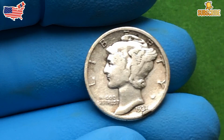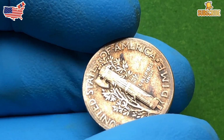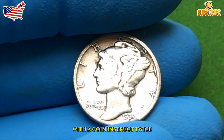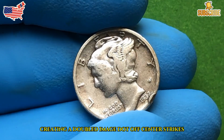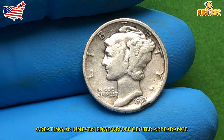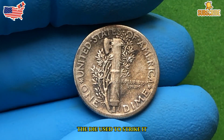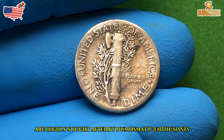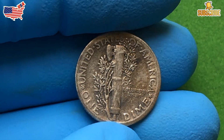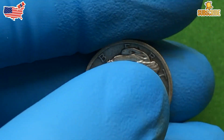Like many older coins, the 1937 Mercury dime could have minting errors that make it worth even more. Some common errors include double strikes, where the coin is struck twice, creating a doubled image. Off-center strikes, when the design is misaligned, creating an uneven edge or off-center appearance. Die cracks, small cracks that appear on the coin from the die used to strike it. These errors are highly sought after by numismatic enthusiasts and can drive up the price of the coin significantly. If you happen to come across a 1937 silver dime with one of these errors, you could be holding a